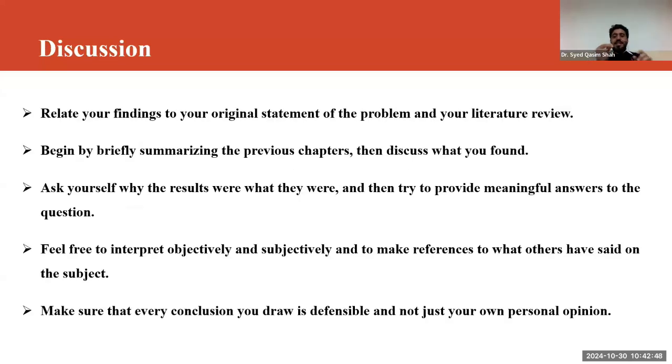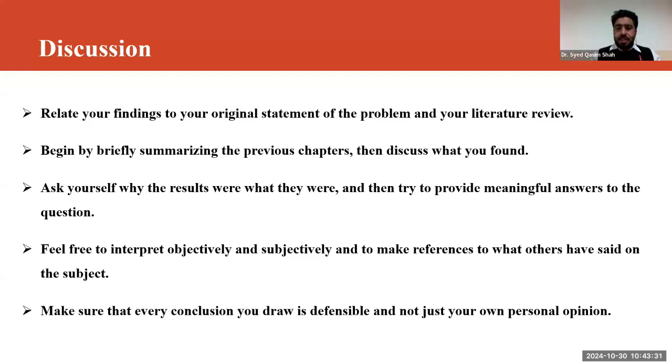Now, this is the important thing, the discussion part of your research. Whatever we have found, we want to relate to the existing literature. This is our finding, this is our original statement, this is the analysis we have done, and how is this related to the literature review? So we are briefly explaining the chapter and discussing whatever we have found. The purpose is basically that either you agree with the existing literature, you are supporting it, or your research has certain support. Let's say in previous studies people have